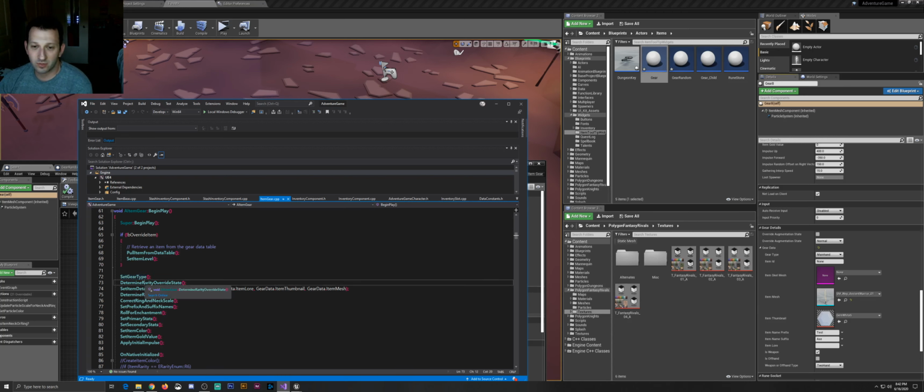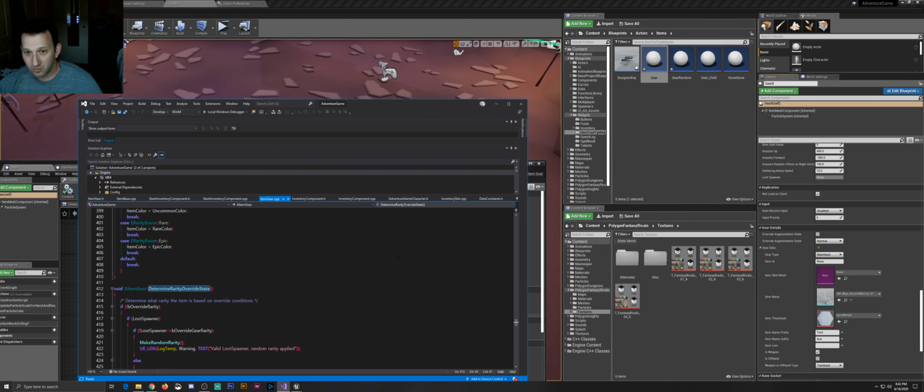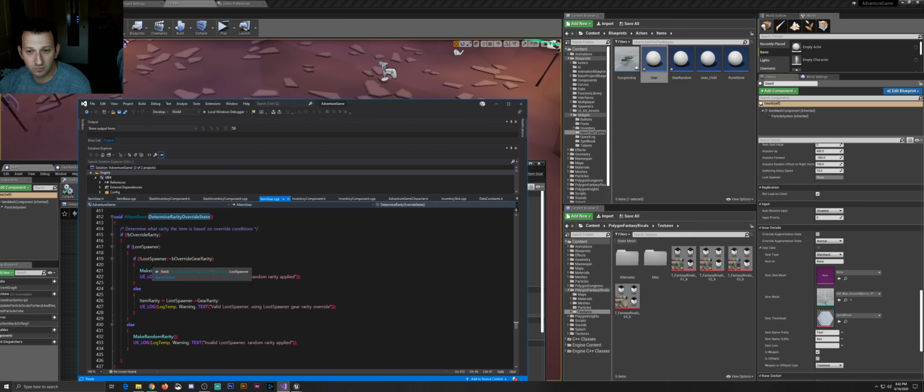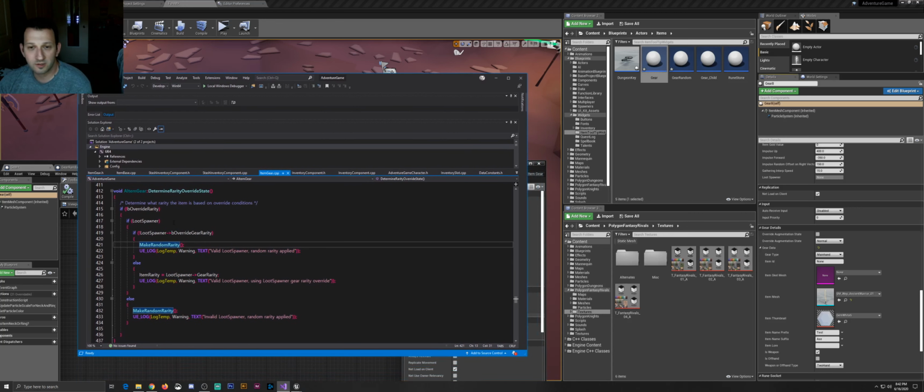Then we go and determine the rarity. Well, determining the rarity, all we're doing is basically making a random rarity under certain conditions, right? So first of all, there's a couple things. One thing is I always pass the loot spawner to my item. So when you create the item, if it's a loot spawner, what you want to do is